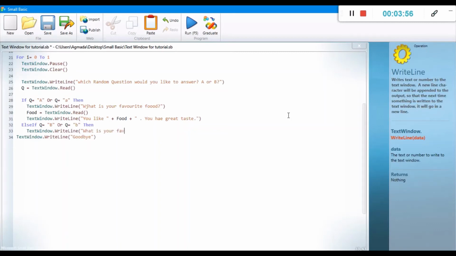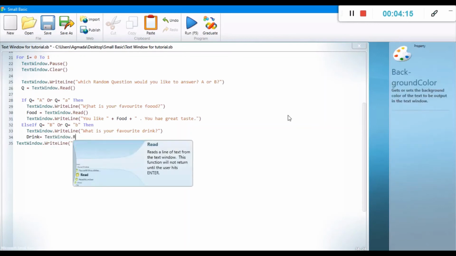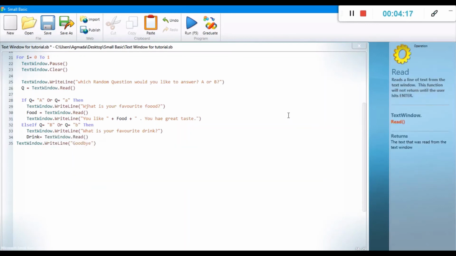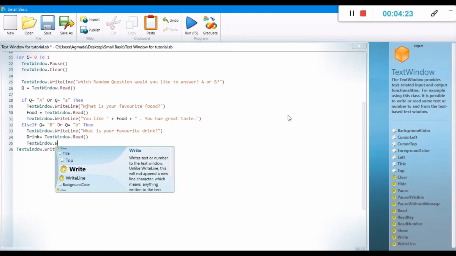So again, just like the food variable question before, the computer will display this. And so we're going to go ahead and create our drink variable. So we're going to call it drink equals text window.read. So this will do exactly what the food variable did last time. And so it'll just read the user input, and then we're going to write text window dot write line,